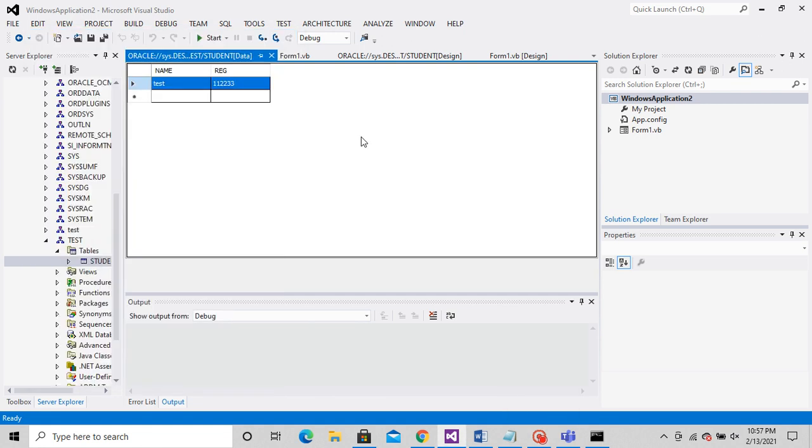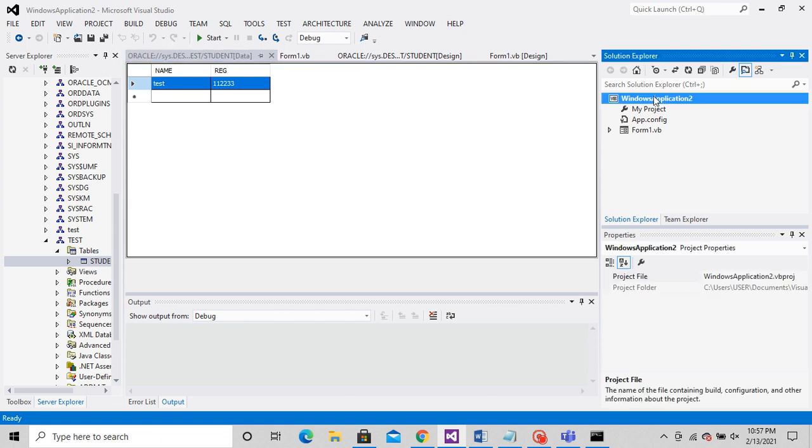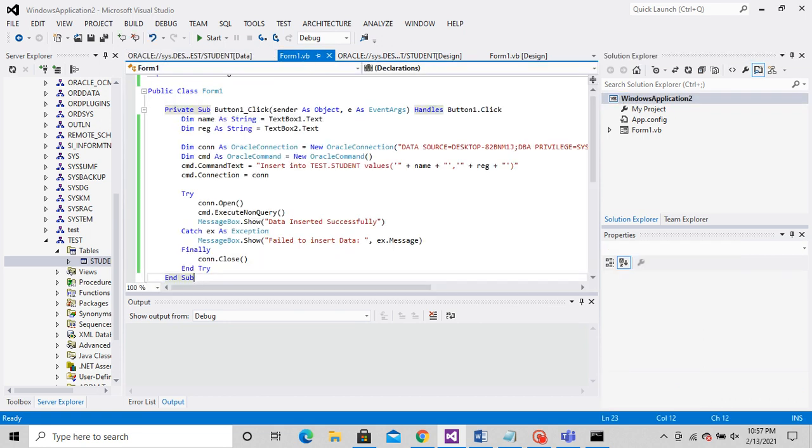Students, since we have come to the end of the insertion part, I will add one thing I forgot to tell you. Before you start to write this code, please make sure to follow one step.